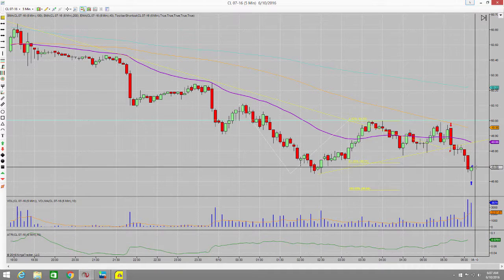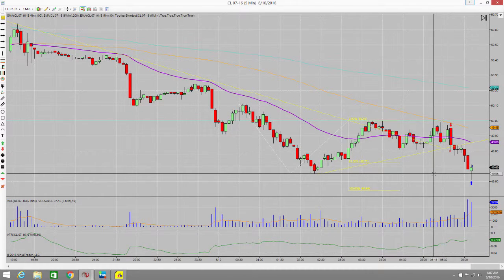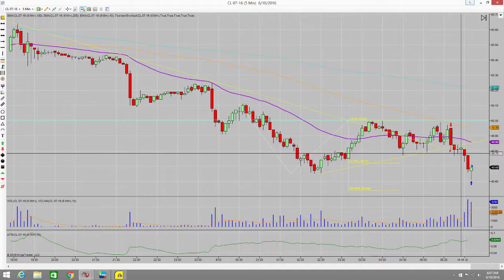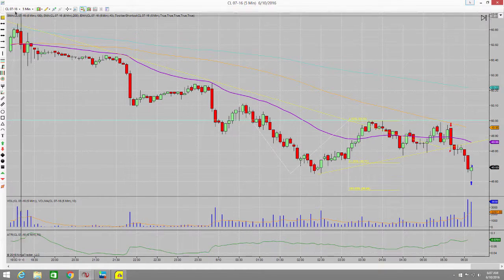10 ticks, 6:07 a.m. Good trade, good read. Trading price action, nothing special. You can see 5-minute candles,